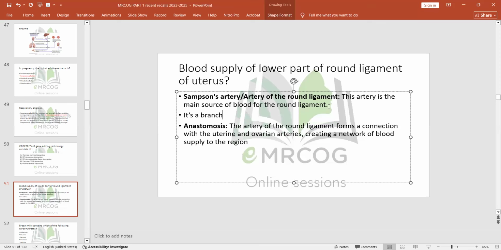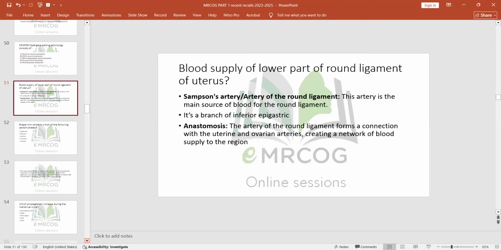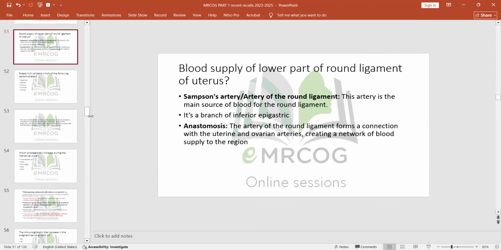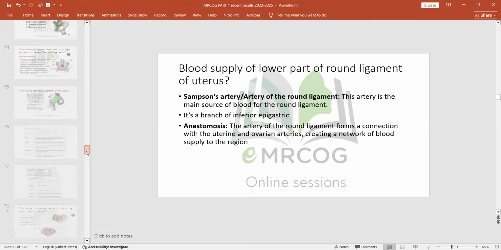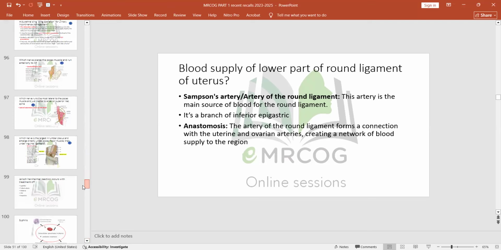If we talk about inferior epigastric, we are going to spend like half an hour on it. Guys, the inferior epigastric artery: origin, how it's used to identify things in laparoscopy, its risk of injury during laparoscopy, how it runs in a picture. I want to discuss some pictures with you. I have many pictures here that appeared in the exam before.